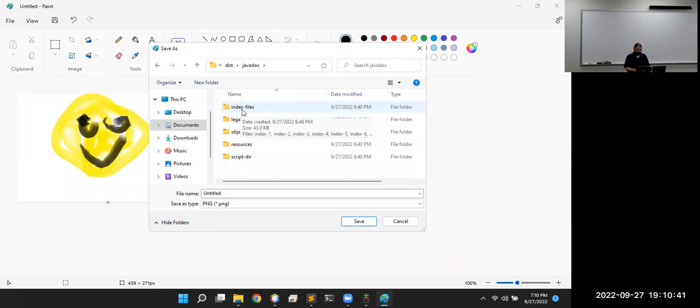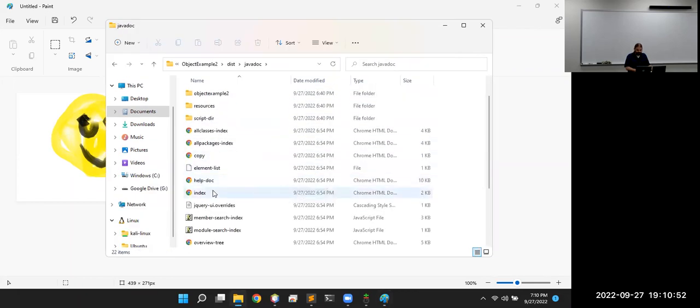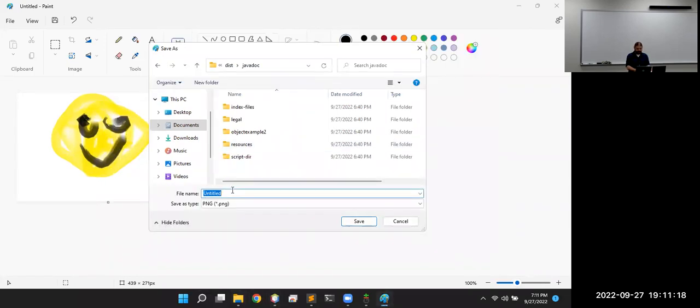So anywhere in here that you can navigate to, you look around at the files, it might help, and you would probably figure it out pretty quick. Here's our index, our home page. That's the one we want to refer. So right here at the top level is where this would need to go. But it would be just like any HTML page, just if it's somewhere buried down inside some other folders, make sure you put the address to it explicitly or stick it on the top level and make sure you can get back to it. So say this will work, I'll call it